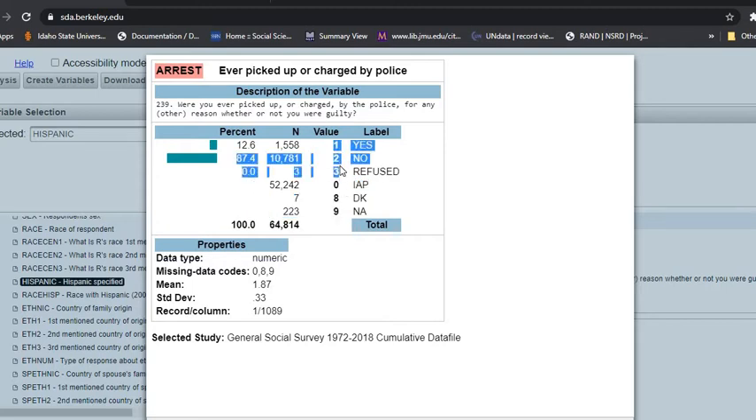Well, actually, 3's a missing value too, because that doesn't tell you anything. They refuse to say. So it's really only 1 or 2. That's our valid data. Those are valid values. Okay, so I just did the same thing we did last time